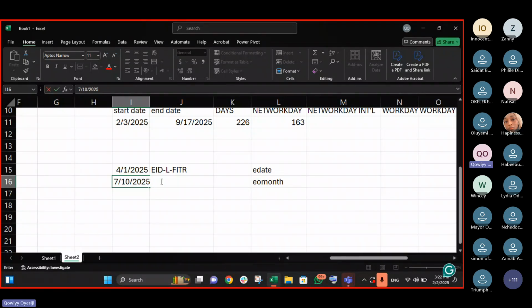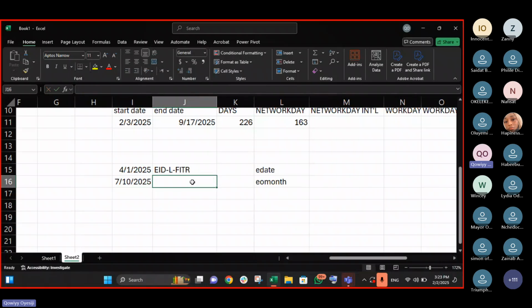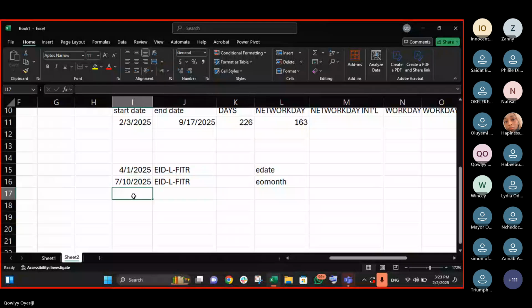Easter falls on what day, please? Who can tell me? Someone should tell me, please. Easter falls on what day? April what? Or it does not have a fixed day? I think it does. It depends. It doesn't have a fixed day. Okay. Let's just choose. Let's just choose for 15.